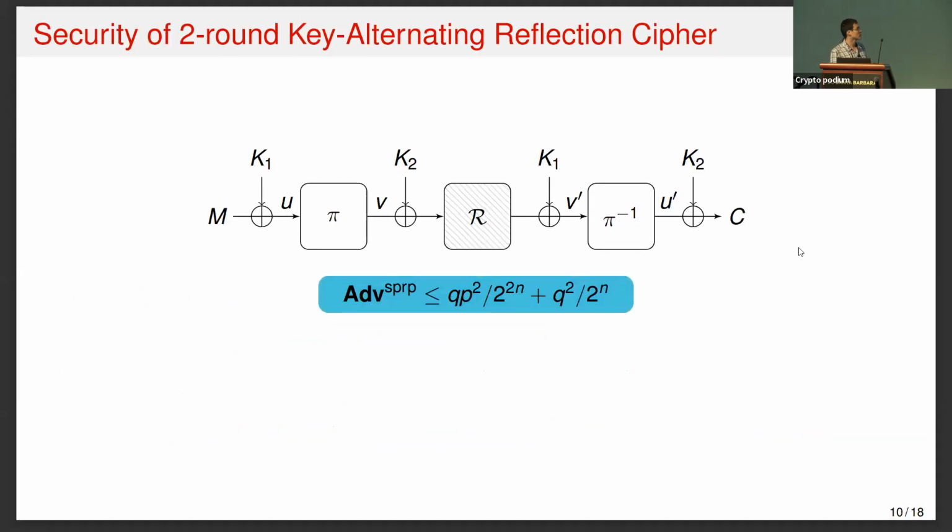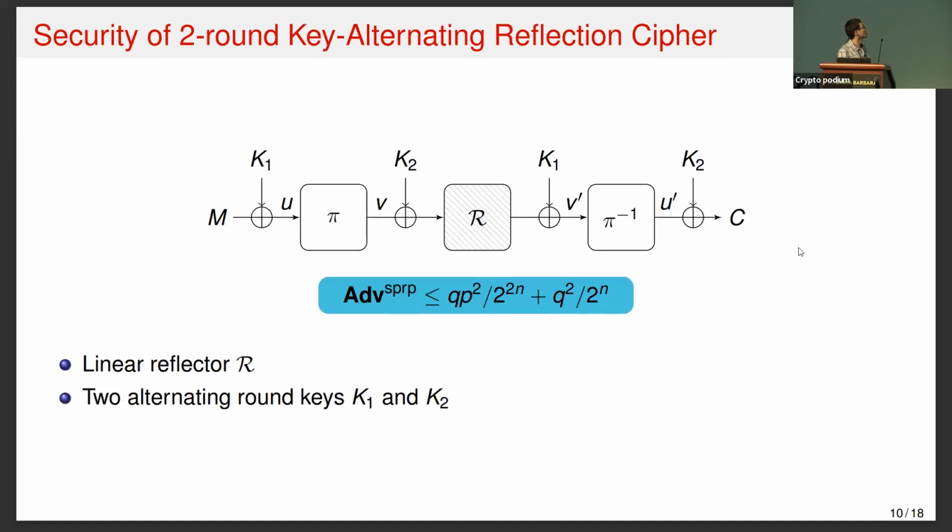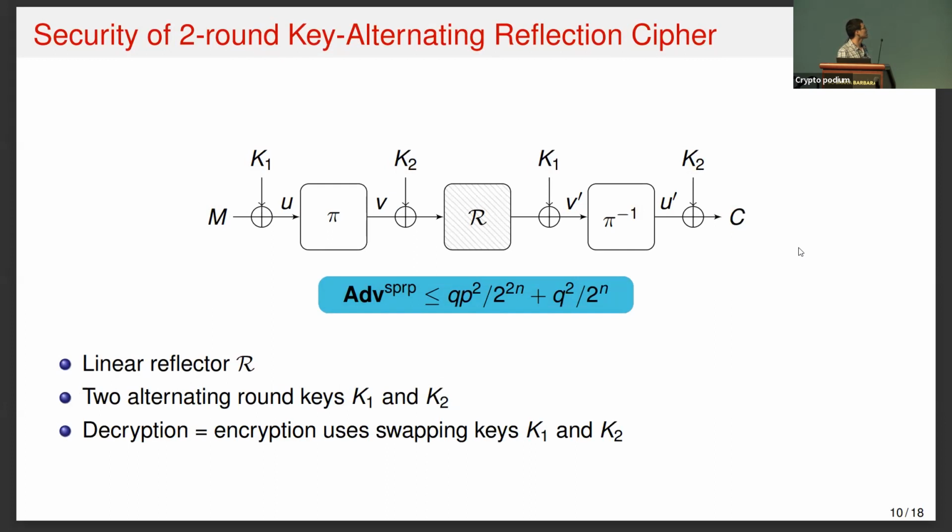In this work, our first contribution is to prove a generic result for the two-round alternating Feistel cipher case, based on the assumption that the linear reflector is an involution and two alternating keys. And this is our security bound obtained here. The construction has the following property: decryption is encryption using the two keys as two swapped keys. I'm going to say a little bit more about those two terms in the bound and why those terms are tight for the general choice of